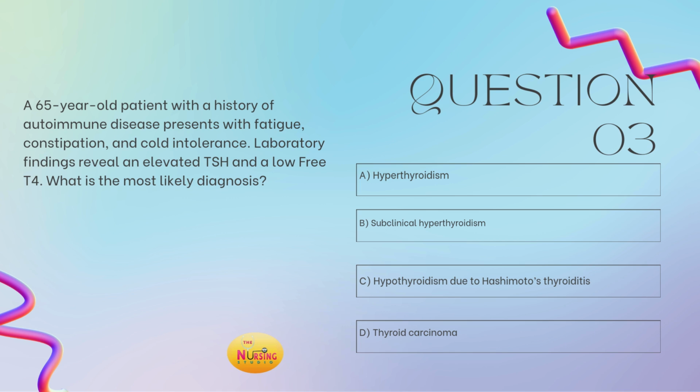So if you see things in a question that speaks on autoimmune disease, start to consider those factors like Hashimoto's, Graves' disease, things of that nature. So in this case, C is your best answer, hypothyroidism due to Hashimoto's thyroiditis. So, as always, I like to kind of give you from a knowledge-based perspective. We'll continue to build on these so that you're able to not only identify and diagnose based off of signs, symptoms, and lab values for hyperthyroidism and hypothyroidism. And then, we'll also move into treatment options as well.